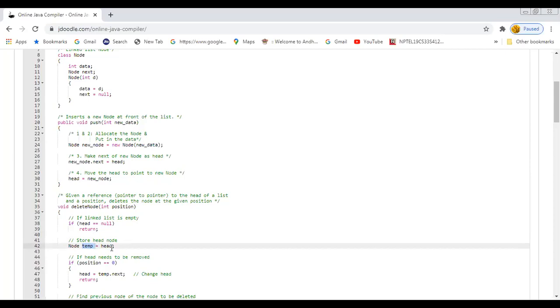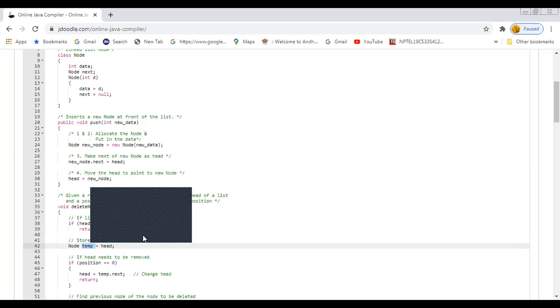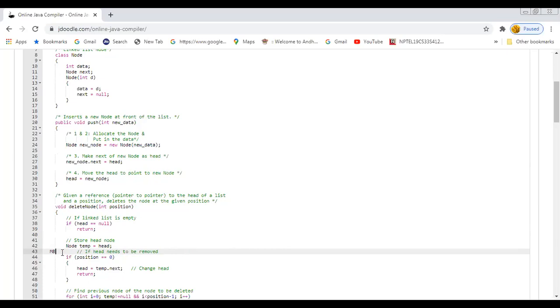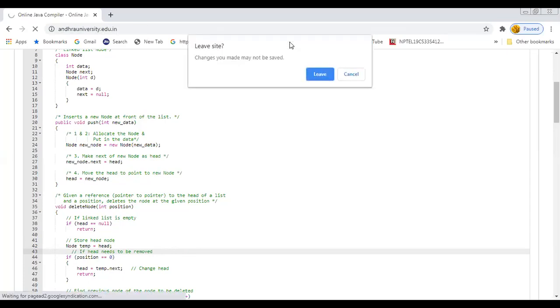As you know, a linked list points to the starting node as head, and the last node is represented by the tail. So I assign a temporary name called temp to the first position. Now, if the position is equal to 0, the next case is when the position is equal to 0.